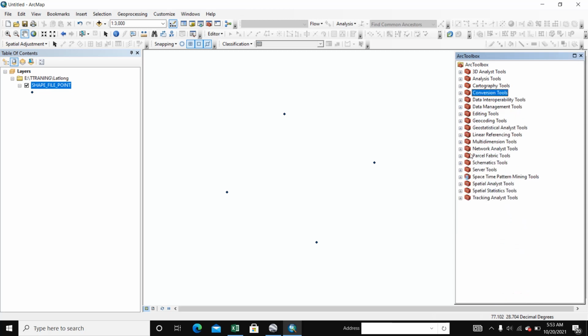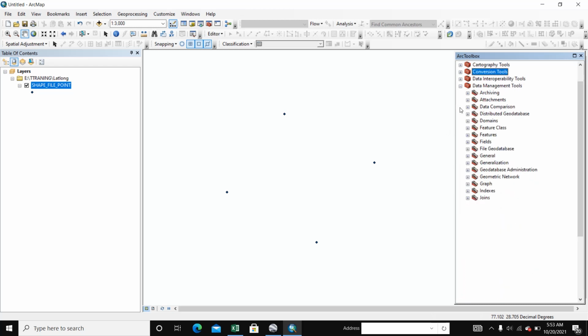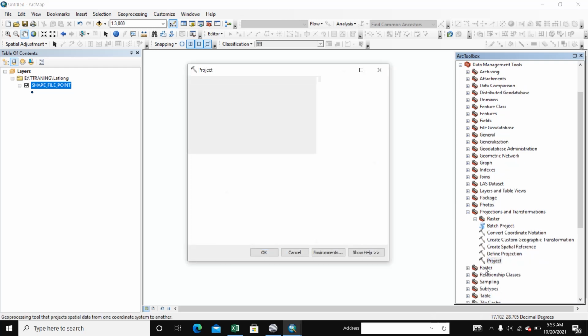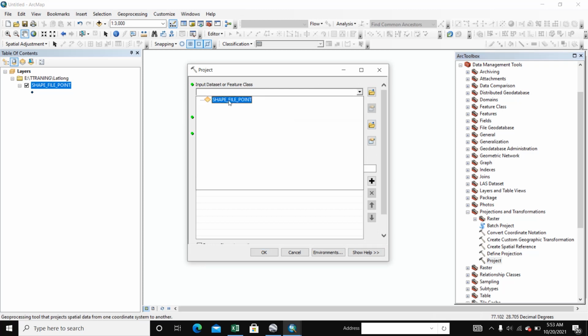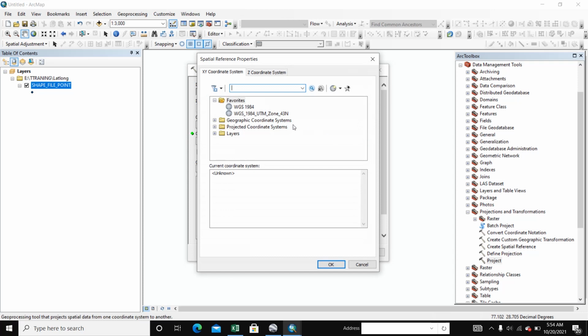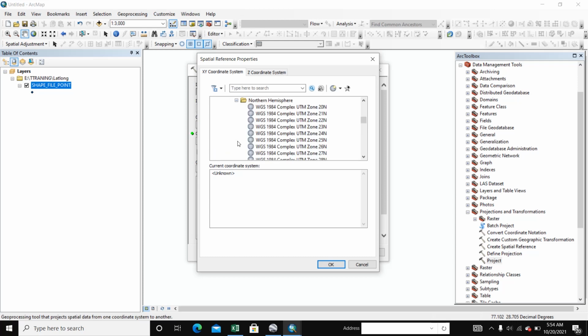We go to ArcCatalog and Data Management, Projections and Transformations, and Project. We select the saved file and we change it to UTM. If you do not have it here, you go to Projected Coordinate System, UTM, WGS 1984 Northern.